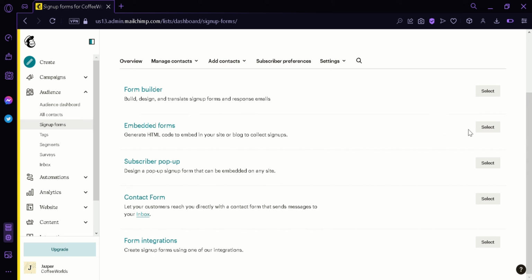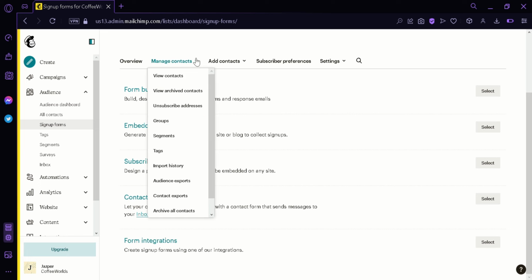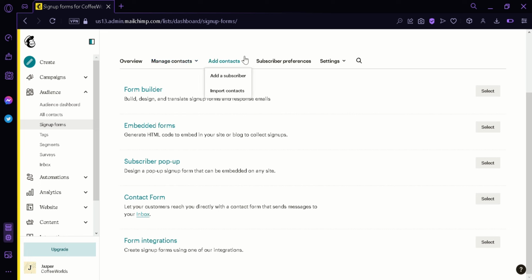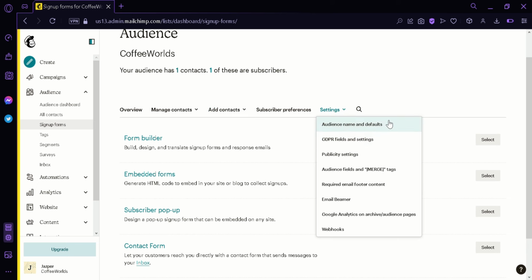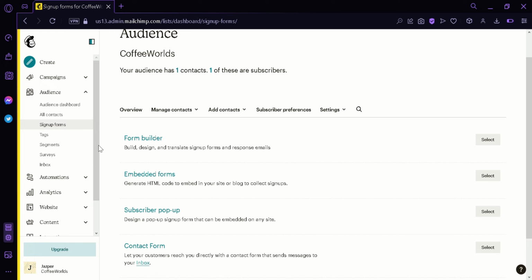Now under the audience, we have an overview of what we are able to access, such as form builder, embedded forms, subscription pop-ups, contact forms, form integrations. You can also manage your contacts over here, or you can add contacts from here. We also have different settings for audience name and default, publicity settings, audience fields, and many more. Now what we're going to click on is the form builder. We're simply going to click on select,